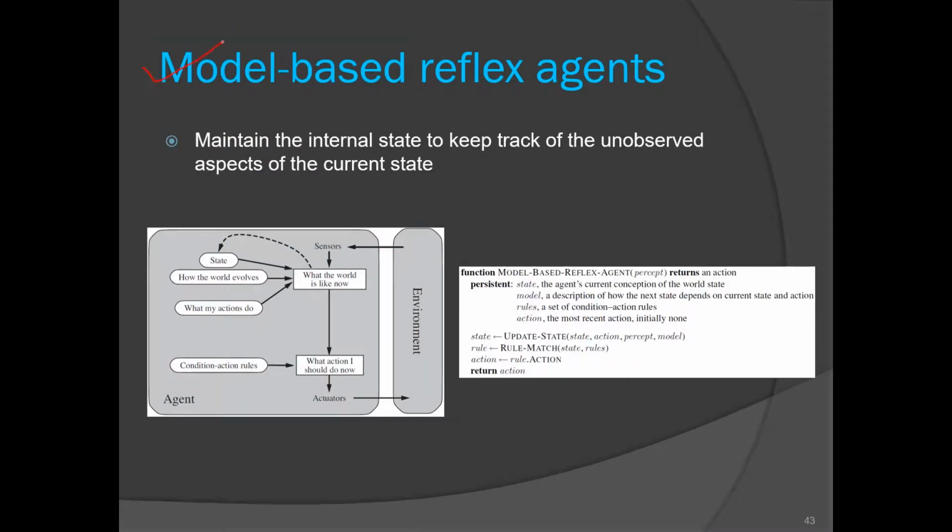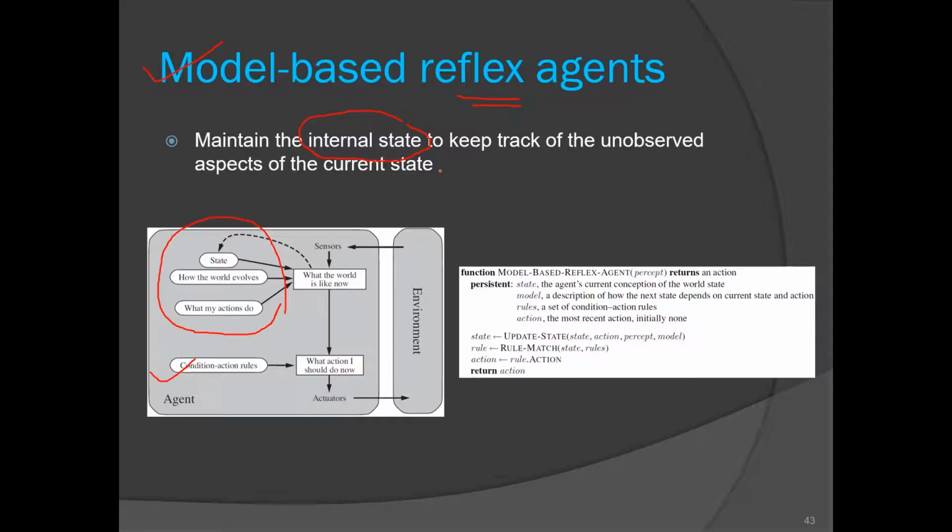The next type of agent is the model based reflex agent. They try to handle this partial observability, so now they may work in a partially observable environment. How? See here, these three blocks are additional. This model based agent is again a reflex agent, so it will use the condition action rules. Now how do they handle this unobserved thing? They maintain an internal state, a state of the environment.